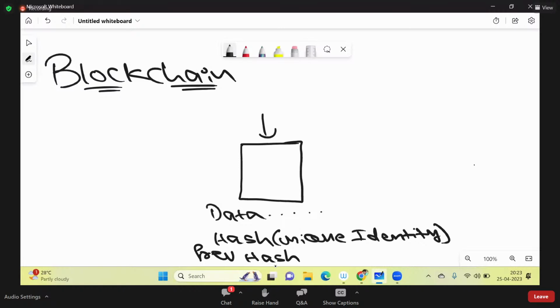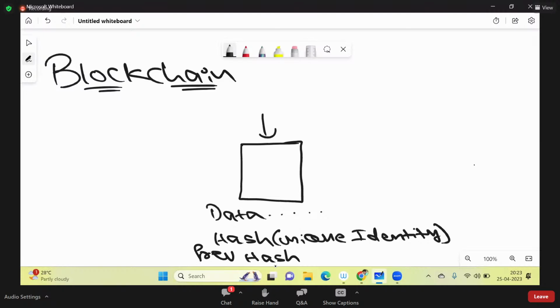Till now, every block is going to have what? The first component is data. Data can be any data which you want to store, which I already explained in block number 3. Then block number 1 is also going to have its own hash. Hash means it is a unique identity of this block, like how we have a fingerprint. The same happens for block number 2. They have their own data and hash. Again 3, 4, 5, every block.